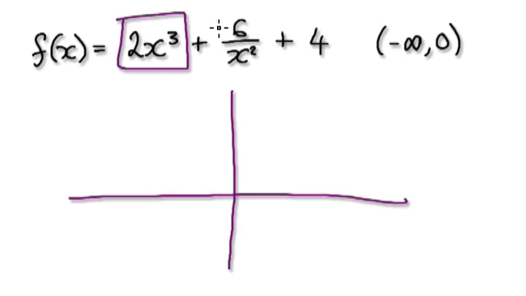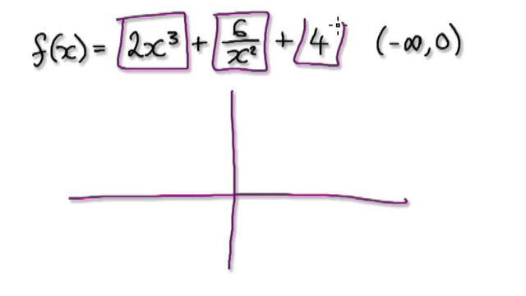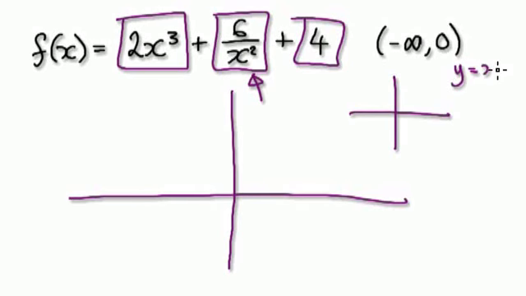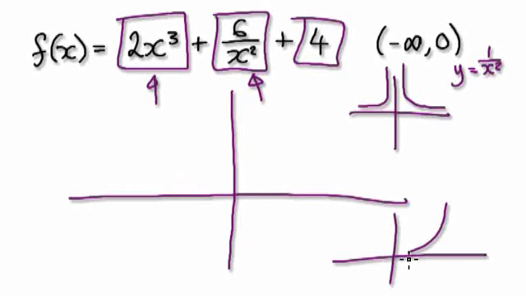So at the moment you've got this block plus this block plus this block here. If you look at this block here, it will look something like this. Y equals 1 over x squared will look something like this. Okay, and then if you look at this block here, it looks something like this. When x is big, it wants to do this. When x is small, it wants to do this. You see, this 4 here is near